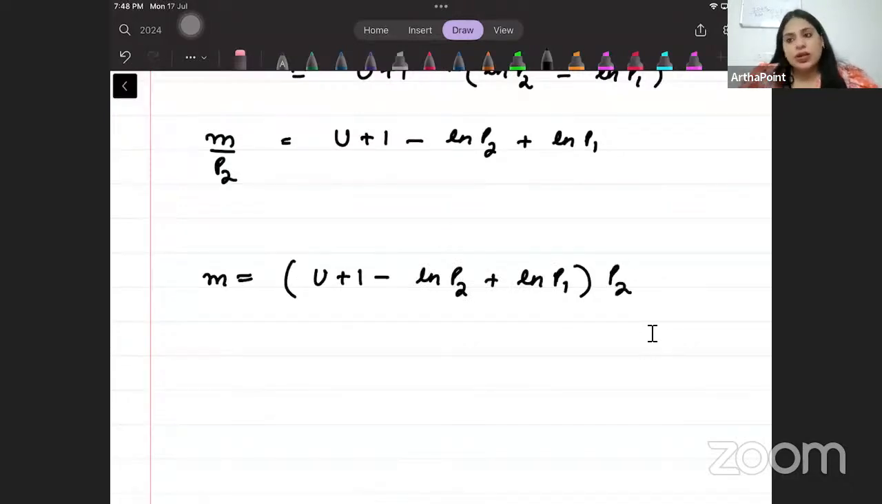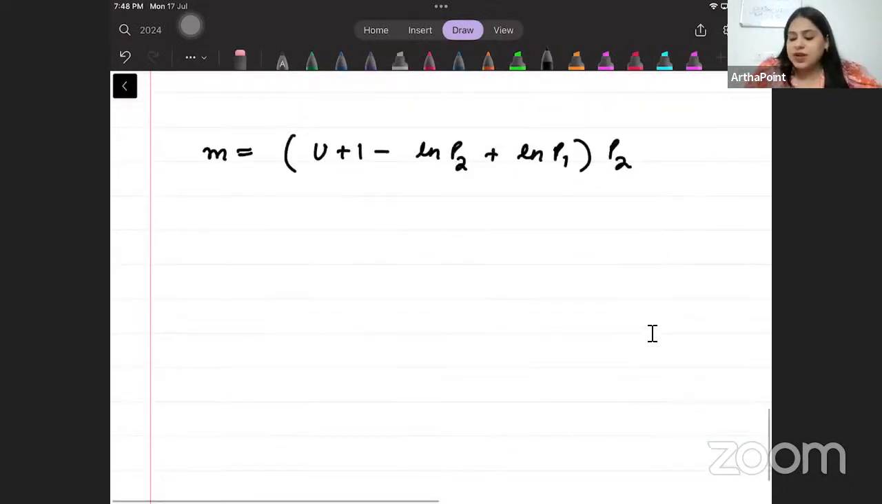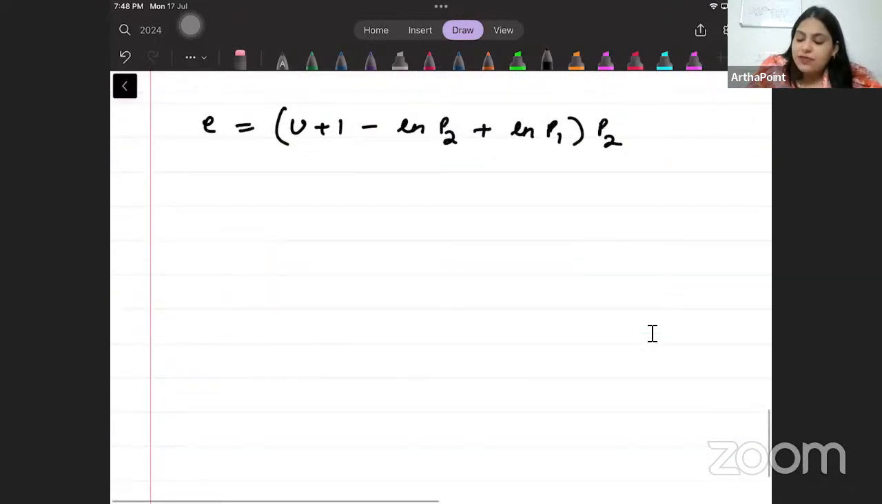This entire is your income. Income is nothing but expenditure. So income ki jagah pe expenditure likh do. So expenditure will be U plus 1 minus ln P2 plus ln P1 into P2. Now find the Hicksian demand. So Hicksian demand for good X, for good 1